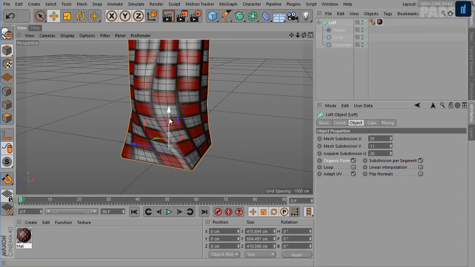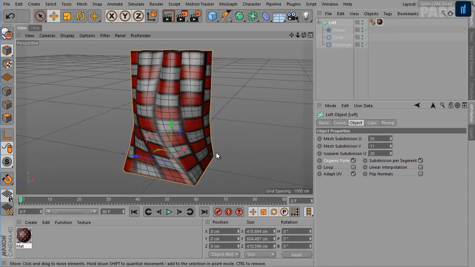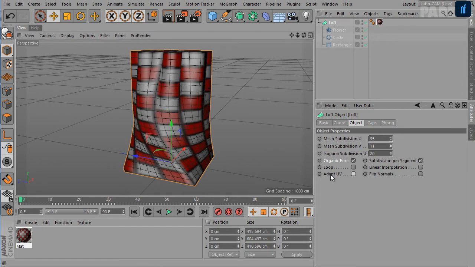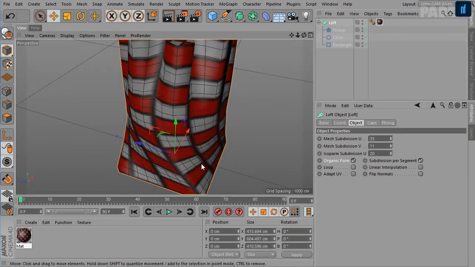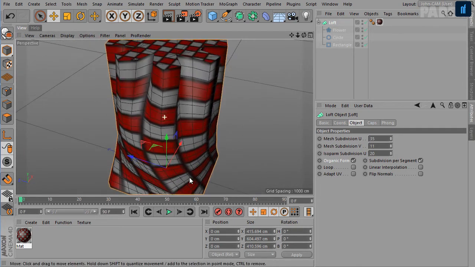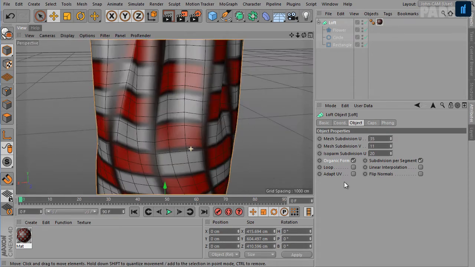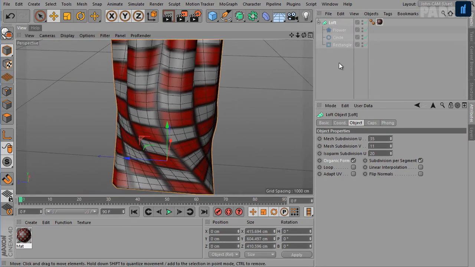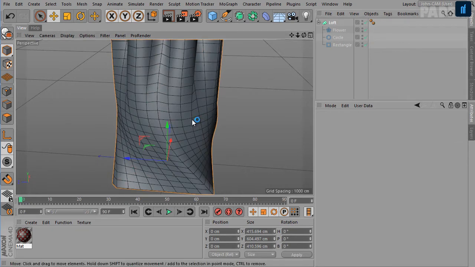Right now it's on, so the texture is projected per segment. But when it is off, it is evenly projected over the entire length of the loft object. Okay, let's delete this tag.